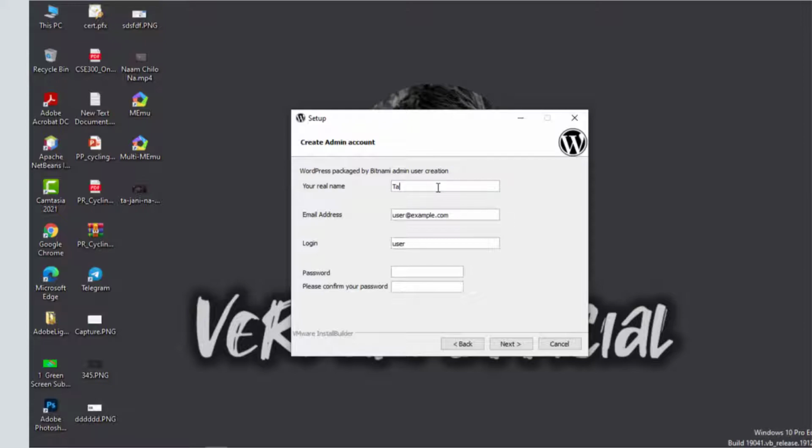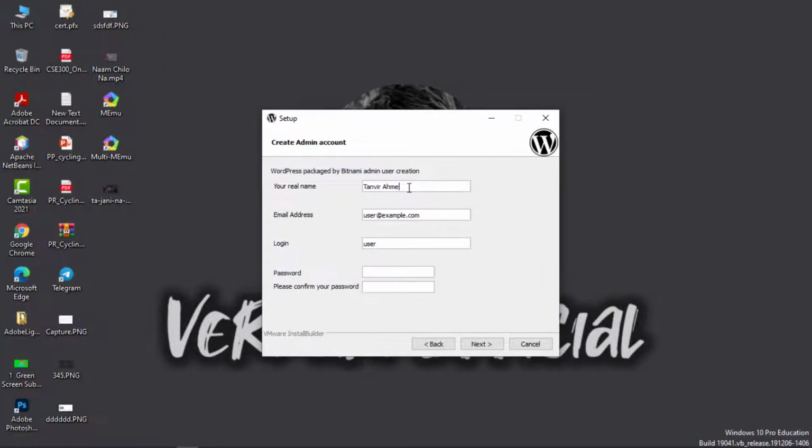Now fill up these details to access our localhost website. After filling up these details, click next.